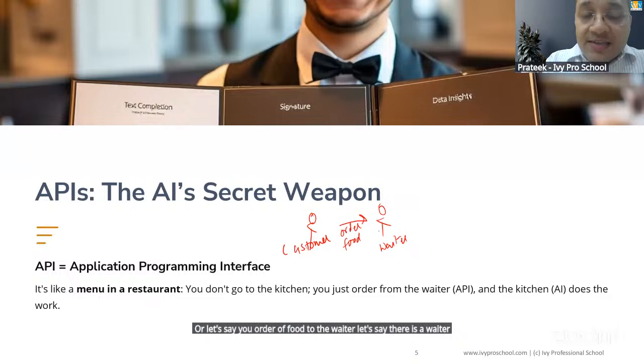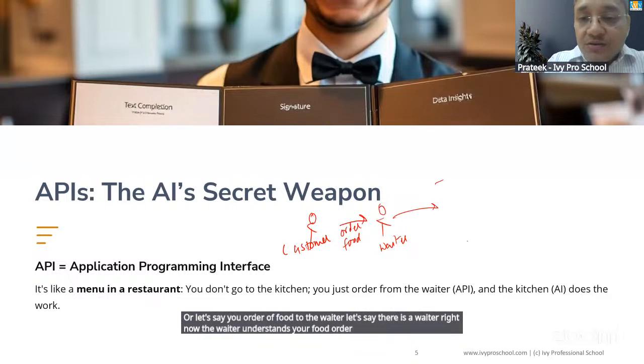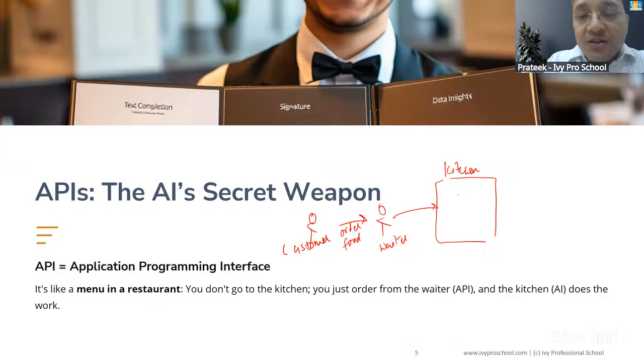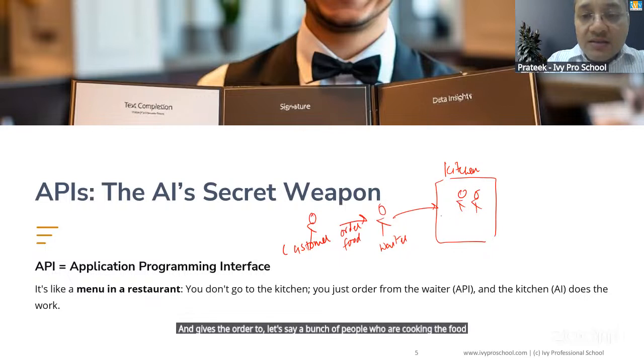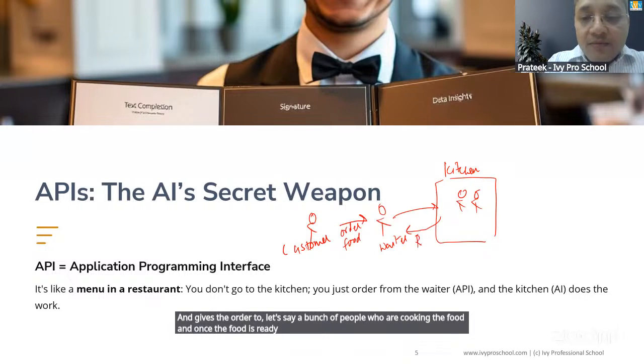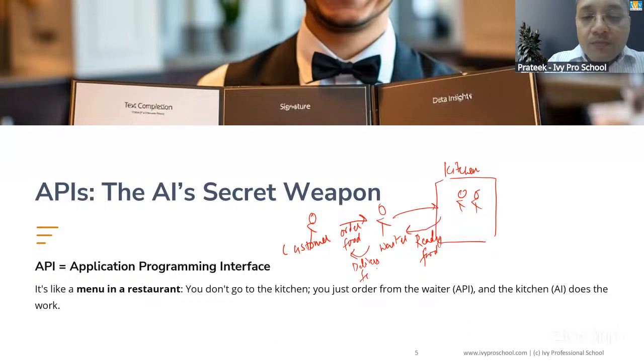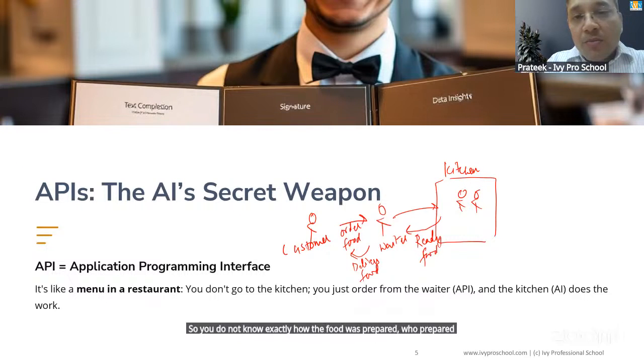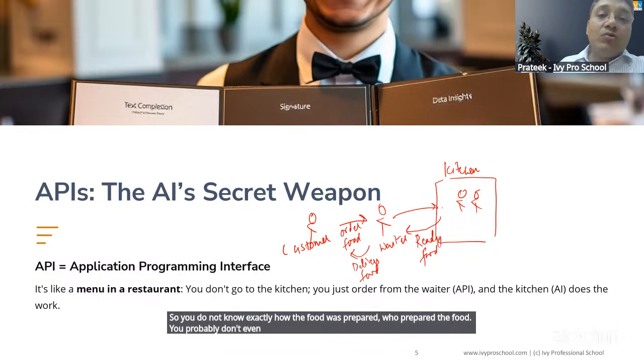Now the waiter understands your food order, goes to the kitchen, and gives the order to, let's say, a bunch of people who are cooking the food. Once the food is ready, the waiter brings it and delivers the food to you. So you do not know exactly how the food was prepared or who prepared it. You probably don't even care, as long as you get the food that you ordered